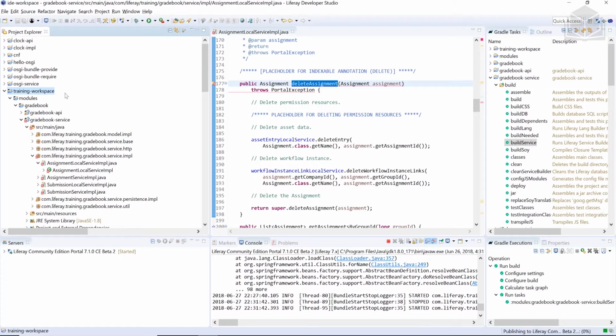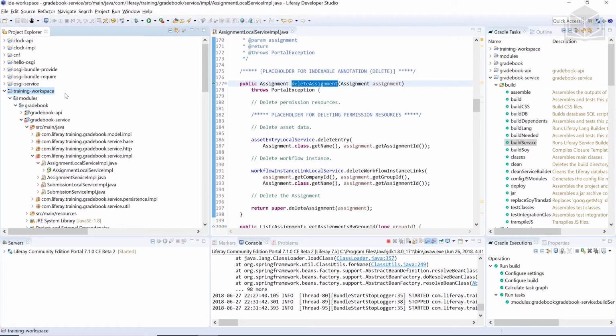One of the things that we want to discuss is the steps to integrate our application into Liferay's permissioning framework. The first thing that we're going to want to do here is let Liferay know that we are going to be defining our permissions. In order to do that, we're going to be creating a file called